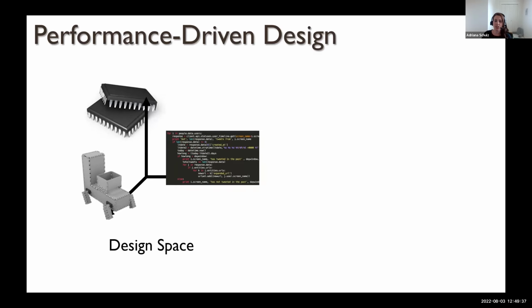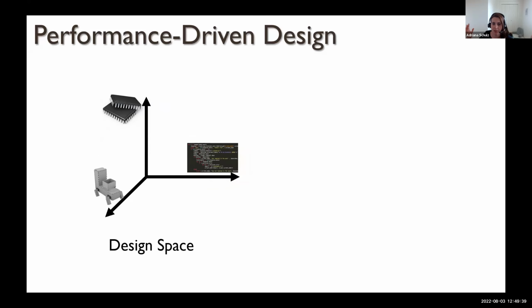All these specifications define this really large dimensional design space. So what does it mean to design from this abstraction? Well, it means to pick a point in this design space. How do we pick this point? We pick this point based on what we want this robot to do, right? How we want this robot to behave once it's part of the physical world.